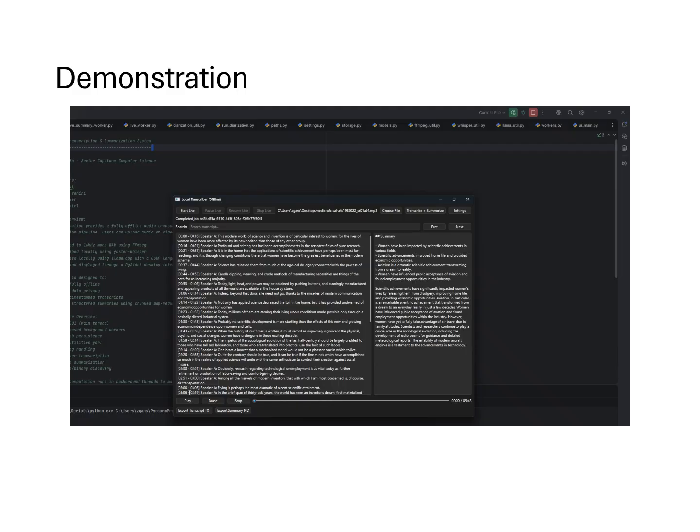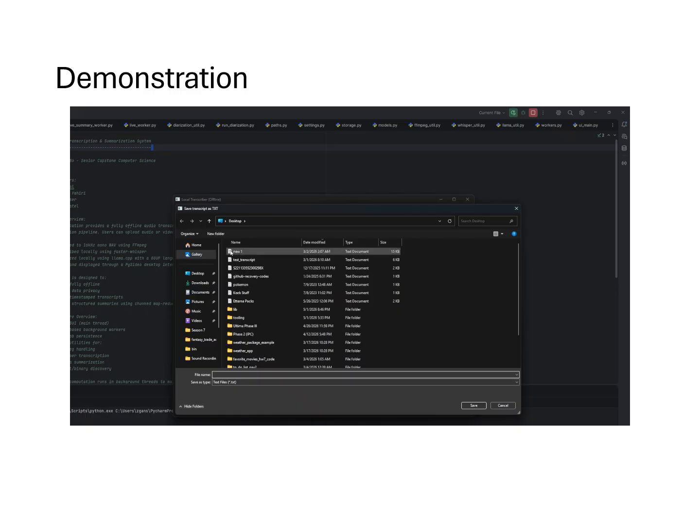So you can actually see here we can start playing back the audio file. "This modern world of science and invention..." So it'll play back the audio file. It'll highlight the section it's currently doing playback for. You can seek directly in the transcript. If you click here, it'll now start playing from there. You can pause it. You can stop it. You can also export your